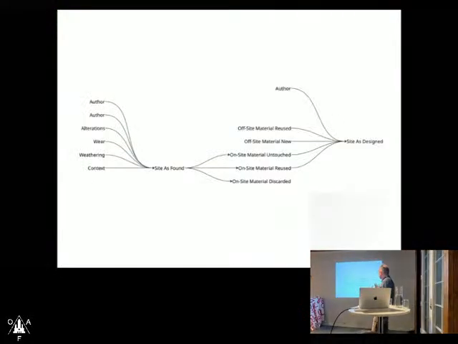So then the question is, where does AI sit in our practice today, or how could I imagine AI in our practice today? Maybe today this story of material reuse. Maybe we see the building site today like this, with the site as found, with a lot of influences going into that site. And then from that site, there's material untouched, material reused, material discarded, and they go into the new site as designed. And then there's offsite material, new and reused. And then there's a new authorship that brings it all together.